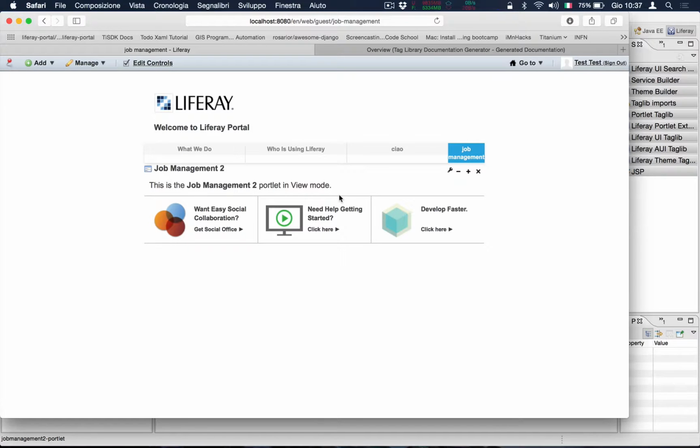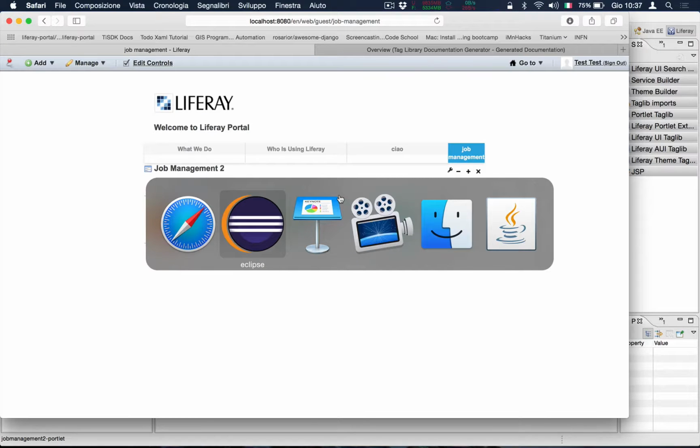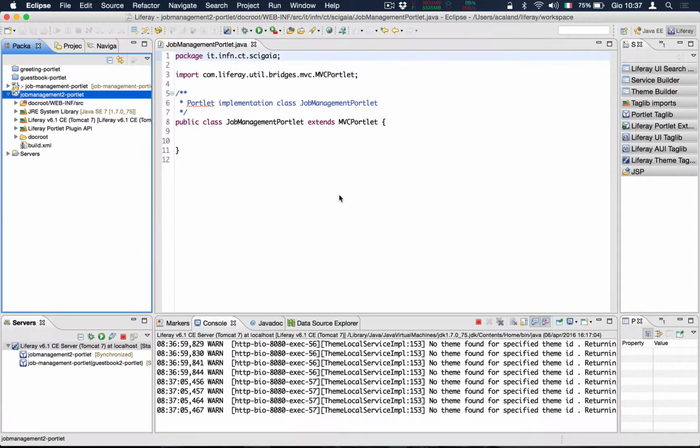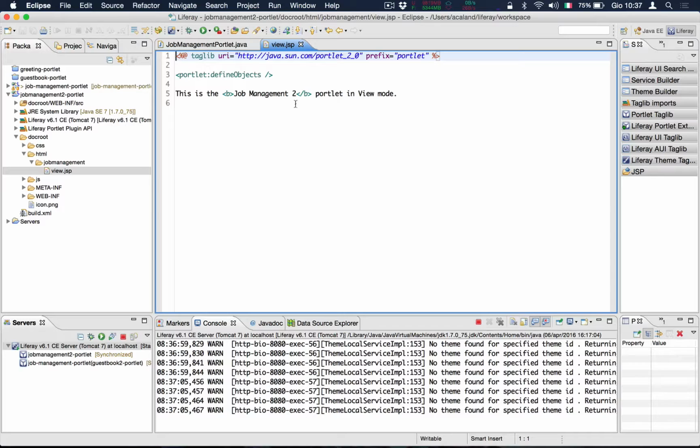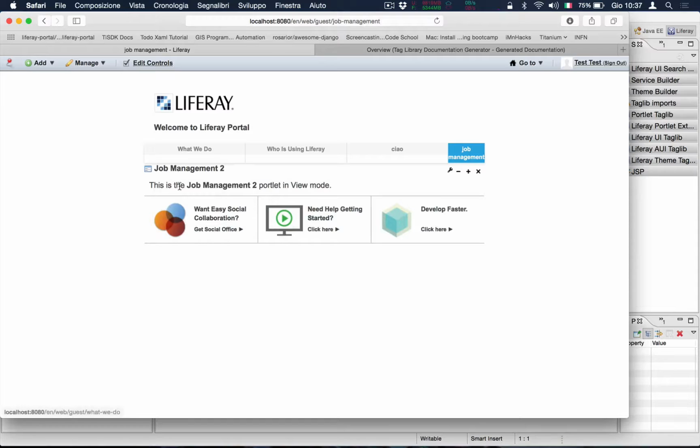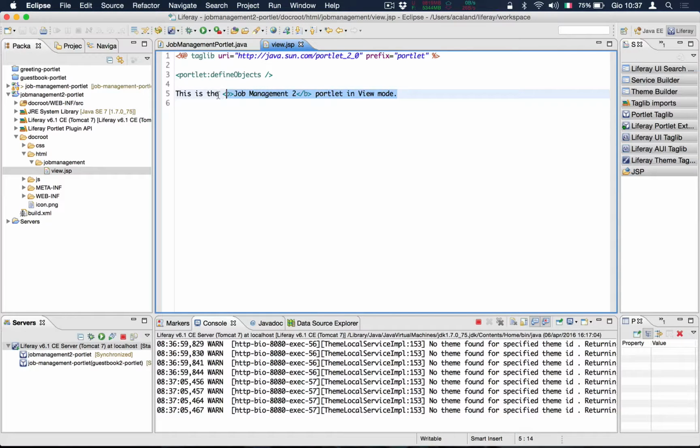Let's check now if the code reload is enabled. So if we go to docroot and we go to html, job management, view, here we have our view that is shown here. So let's change this text to something else. Let's say hello Sci-GaIA people. So if we save the page,